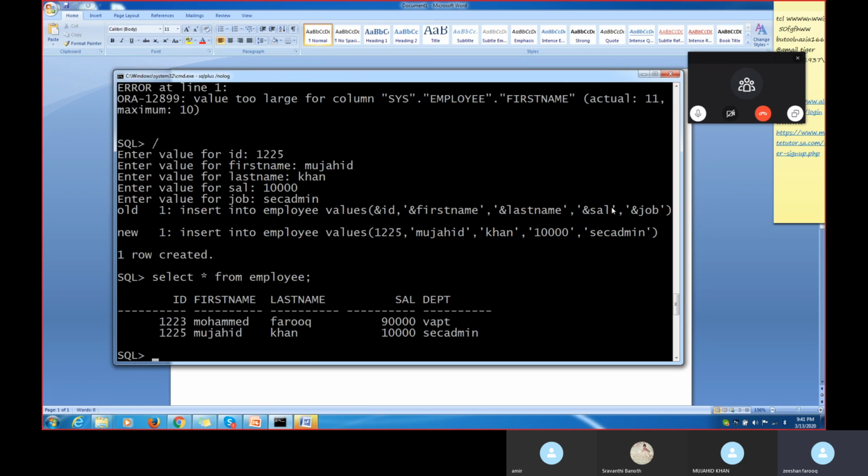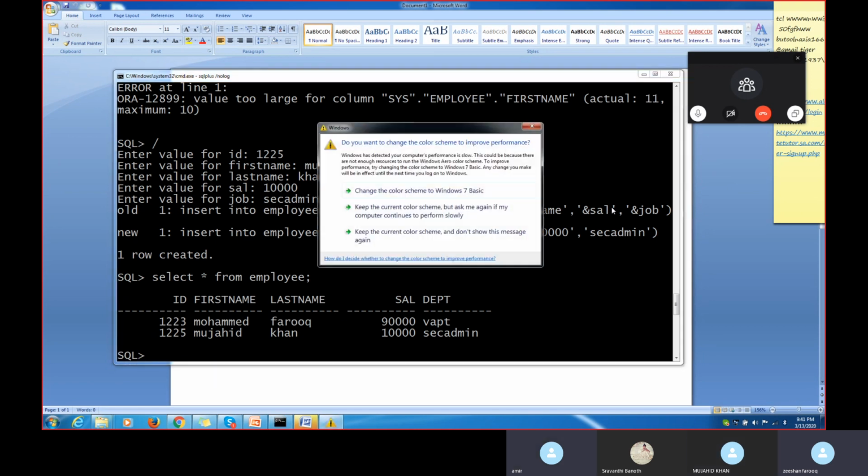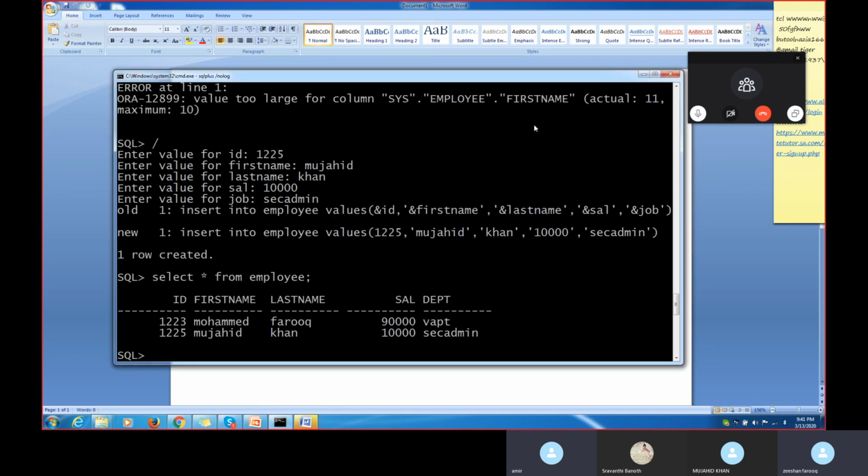Are you getting my point? Got it. Yes. The value is reflecting now. Before, it was just under the database. But when I insert now, automatically job became department. Right. Got it now, right? All of them.